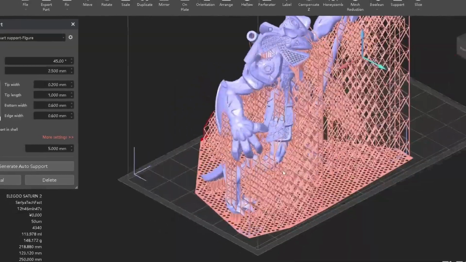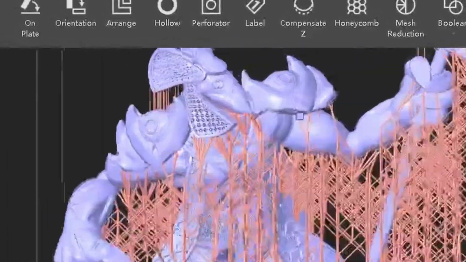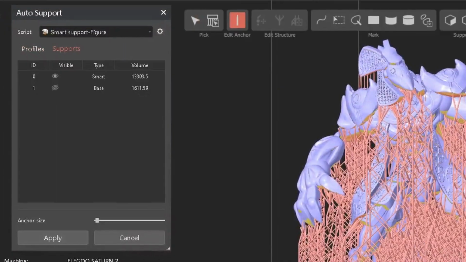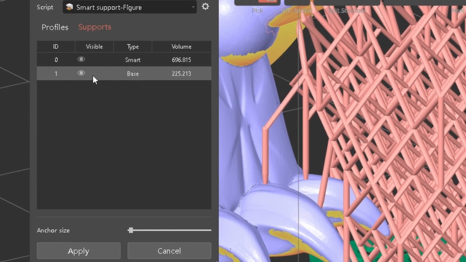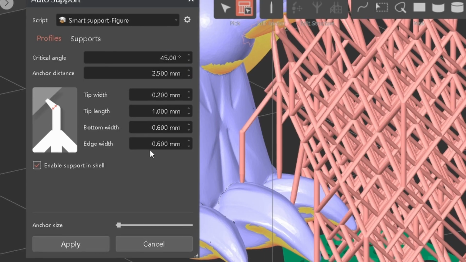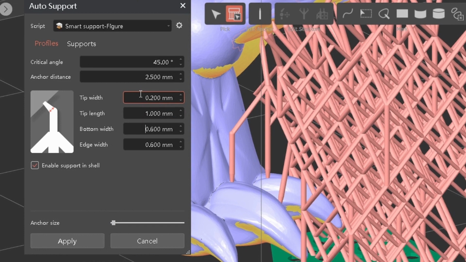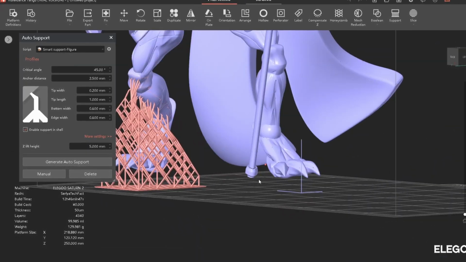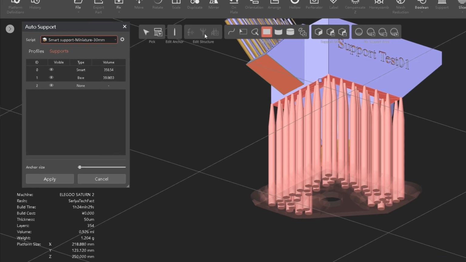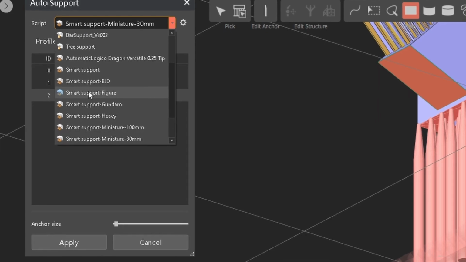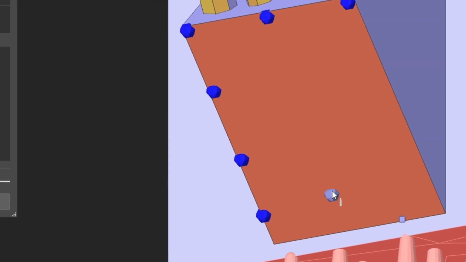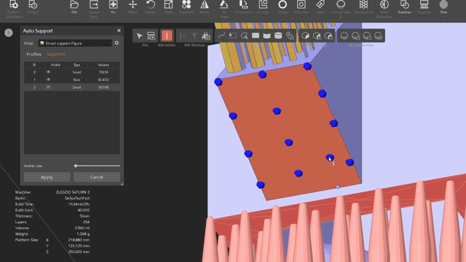When it comes to generating support structures, this software is by far the best I've tested and does come with some interesting features. You start by choosing pre-made settings and can then begin generating supports with these predefined parameters or by modifying them yourself. In this case, I already knew what tolerances work best with my machine, therefore I modified these settings and auto-generated them. By clicking on the manual button, I was further able to modify them by adding or removing what I saw fit. One of the best features is the ability to change the visibility of the supports, which makes it much easier to manipulate their position on the model itself.